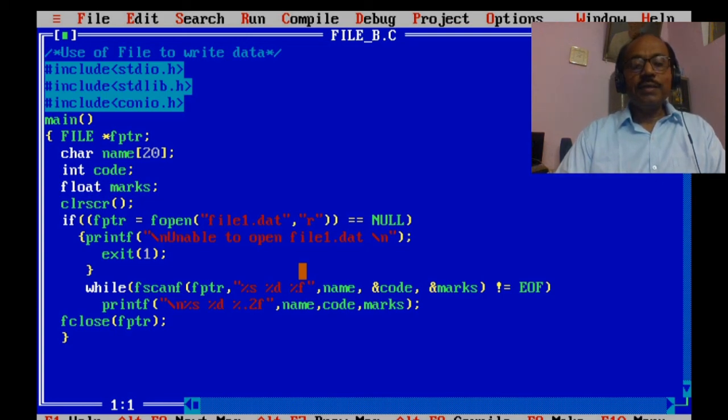For writing and for reading we use different modes, and for appending there is one more mode, for which we write a in place of the mode, where we have written r here. So this is all about our file functions.